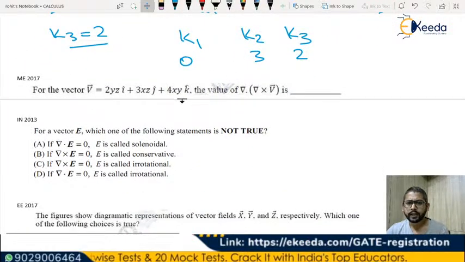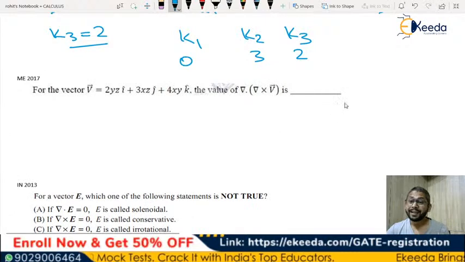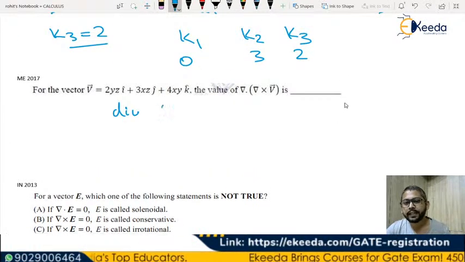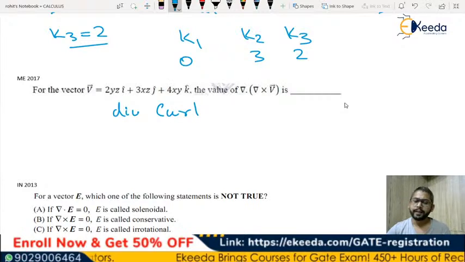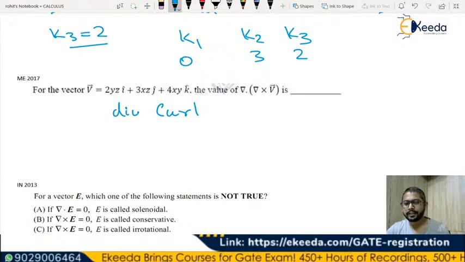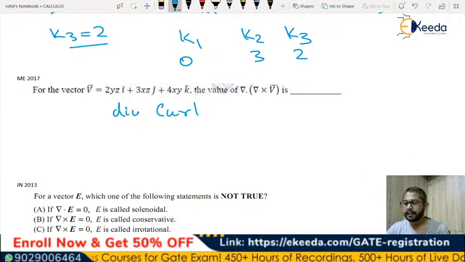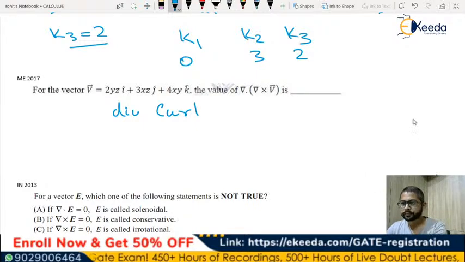Next question is a quickie. I won't solve it. Why? It is divergence of the curl. I don't know what the field is, but it is divergence of the curl. And in the previous results which you have seen, you'll see